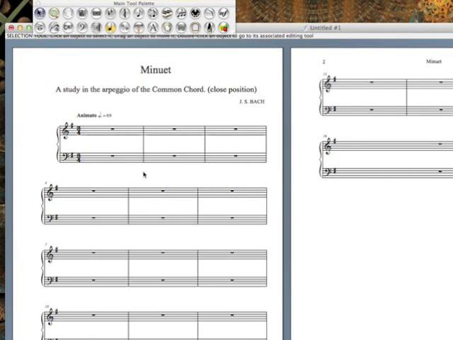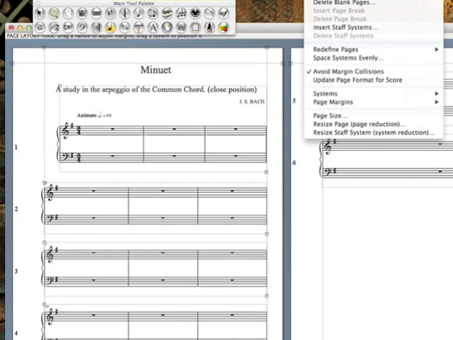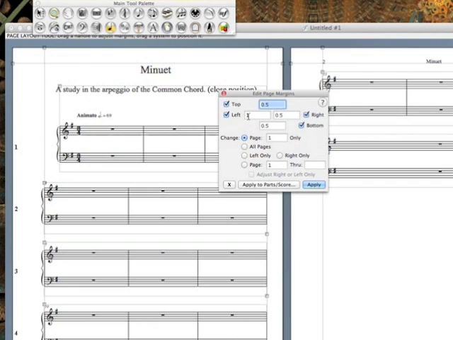Another thing we might want to do, since now we have this larger space, is we could go to the page layout, and under the page margins, you can't see it, but on the side here it says edit page margins, and I can go, as you can see, it says 1 inch, and the reason is that it tries to make room for the staff name. So what we'll do is we'll go ahead and do 0.5 for that as well,